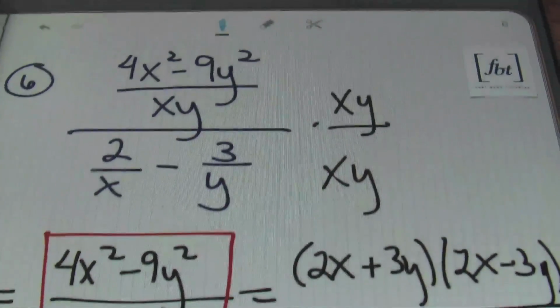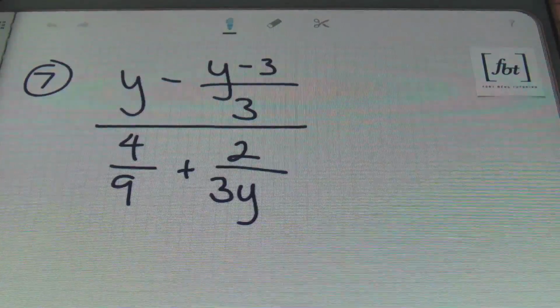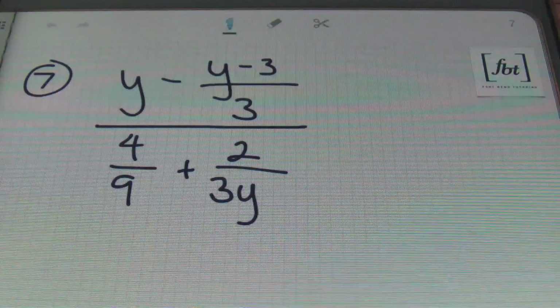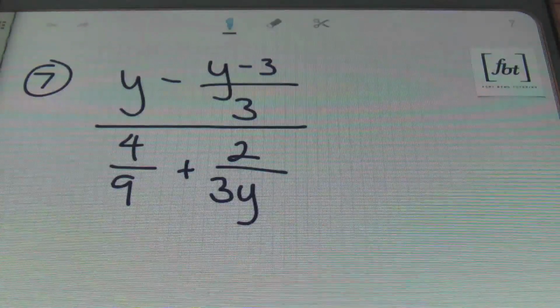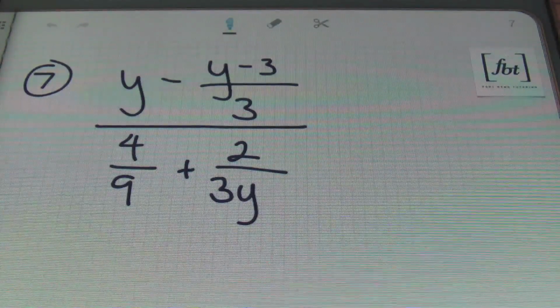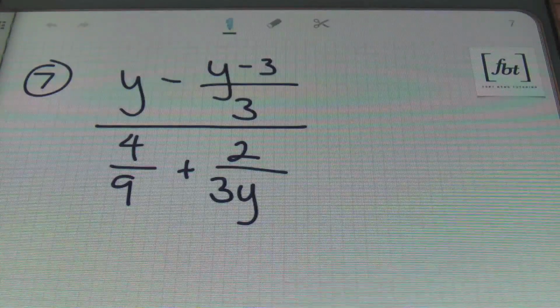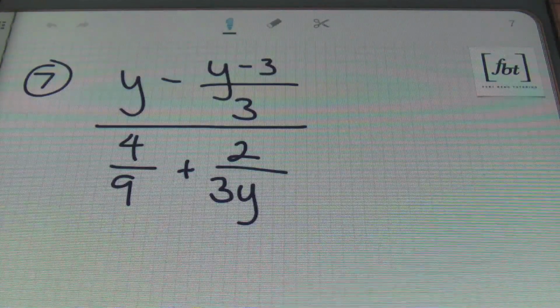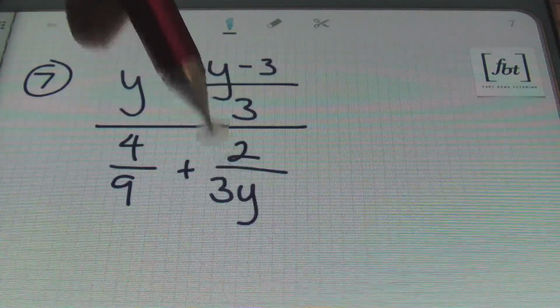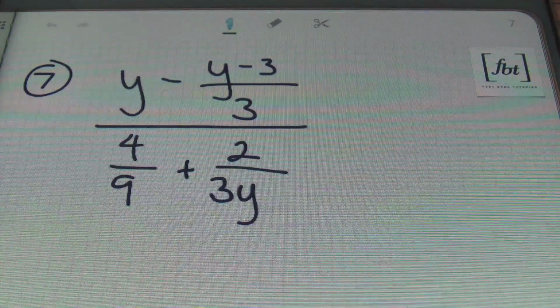All right, let's check out our next example here. In problem number 7, we have y minus 3 over 3 all over 4/9 plus 2 over 3y. Notice this problem has many different parts to it, correct? So we'll be multiplying by the common denominator of all of the elements here, all the fractions within the fraction. So I'm looking at denominators of 3, 9, and 3y. So that common denominator for those three